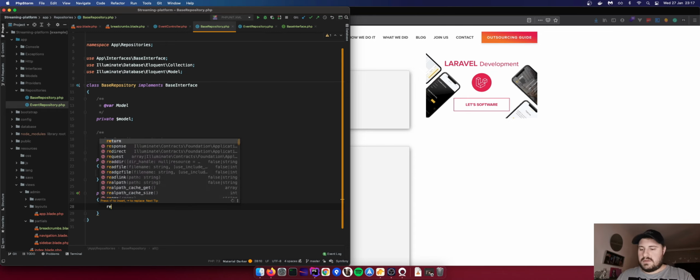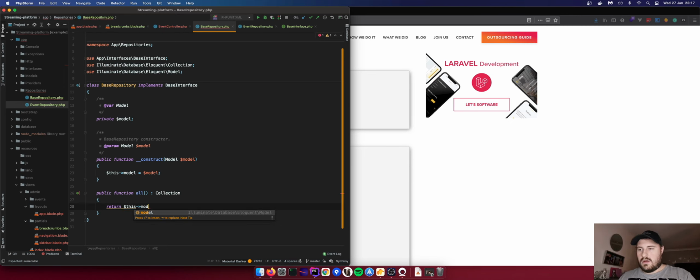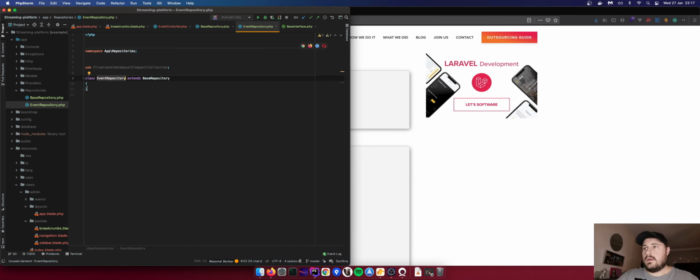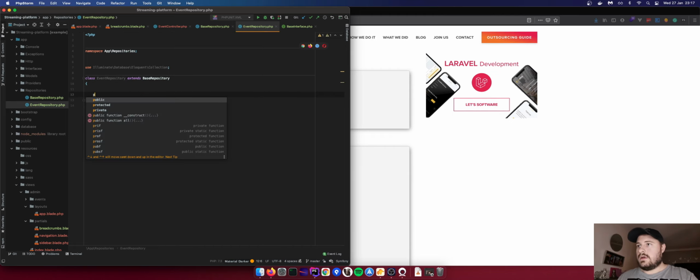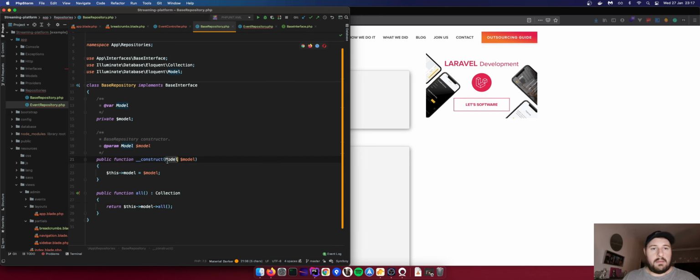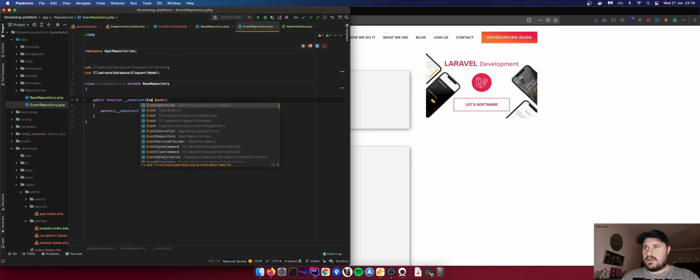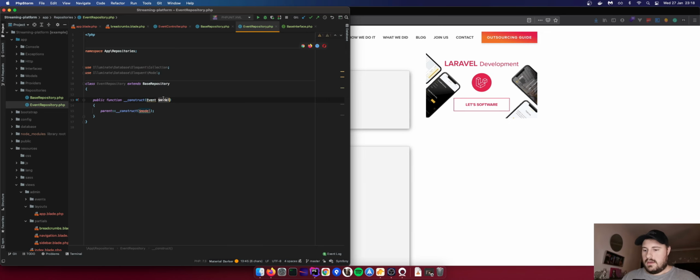So the way we do it is if we do return this model. So what we're saying is anytime we call this event repository, we need to tell our base repository, which is back in here, what our model is going to be. So if we come over to here and we do construct, we're going to tell this to be the event model. And we're going to do event,